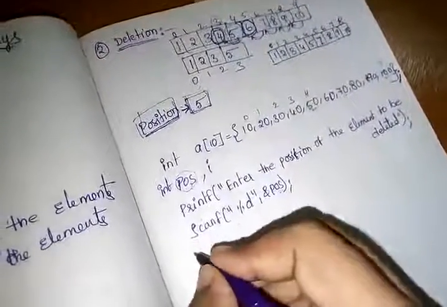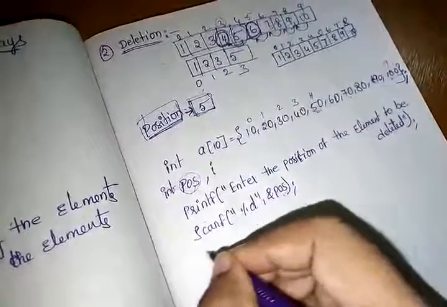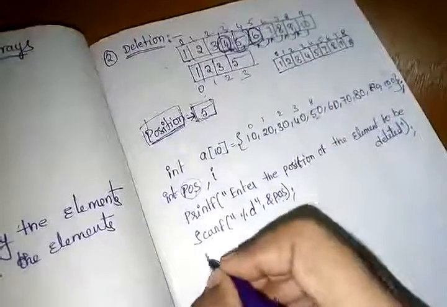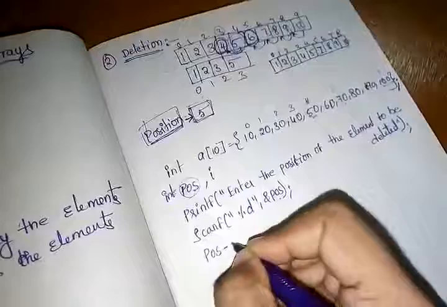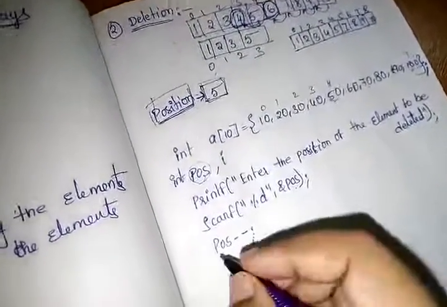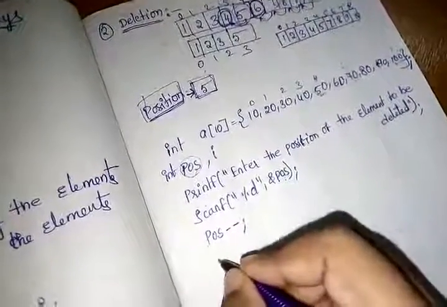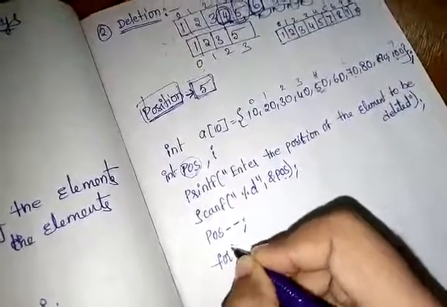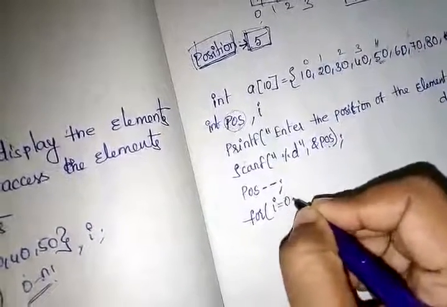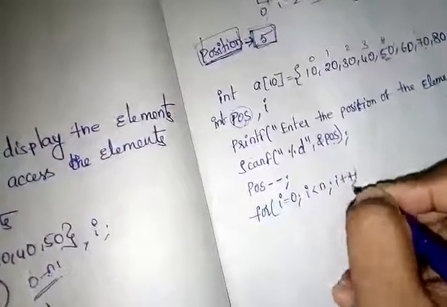So for that purpose, I am reducing 1 from the value given in order to match this value with the exact index value. I am making this position minus 1, a decrement operation. So after this, now we have the position of the element which we need to delete. Then for i equal to 0, i less than n, i plus plus,